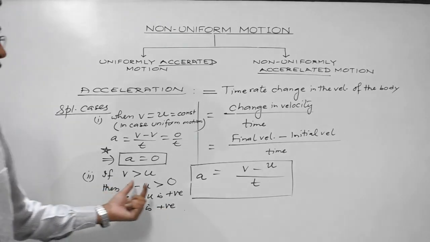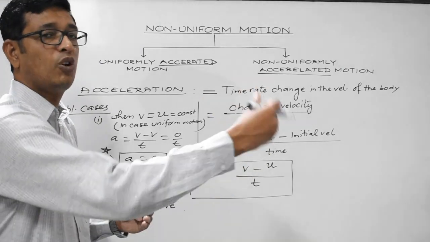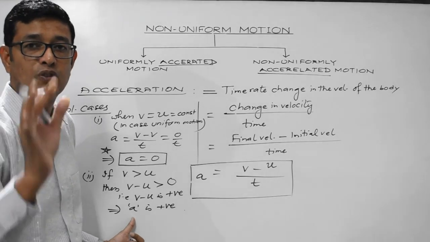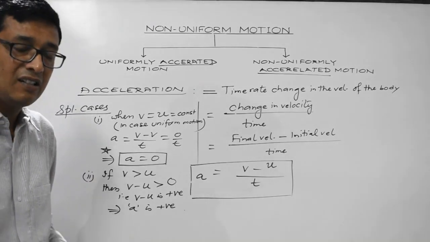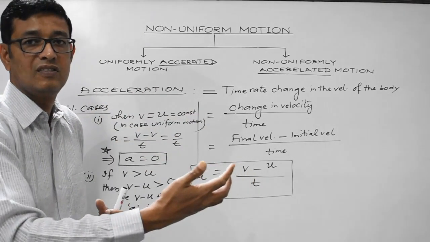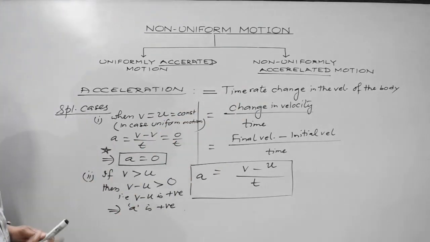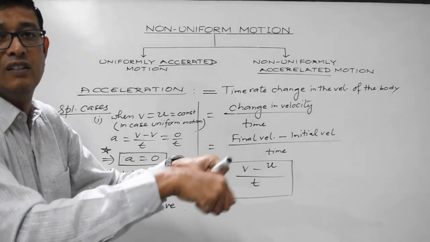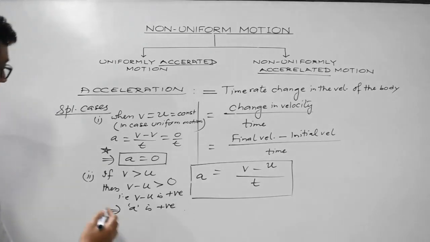If with the passage of time, per unit time, the speed of the body increases, then the acceleration is always positive. A positive signifies the fact that the speed of the body is increasing per unit time. That is when A is positive. That is when you speed up a vehicle. So the speed per unit time will keep on increasing. Third,